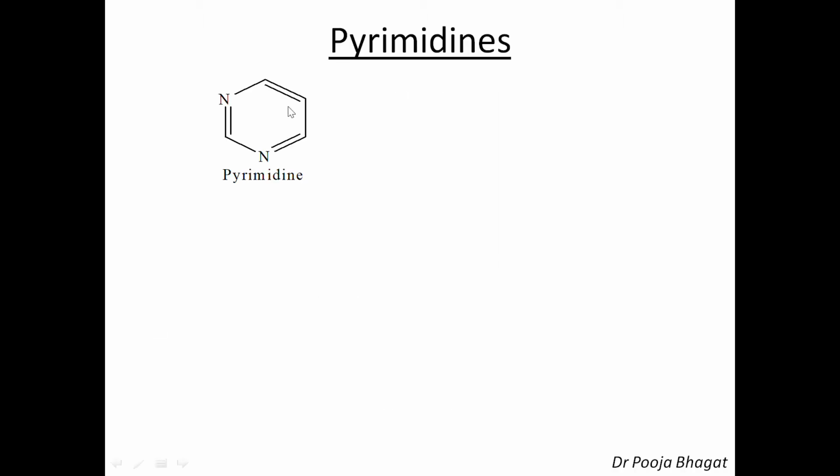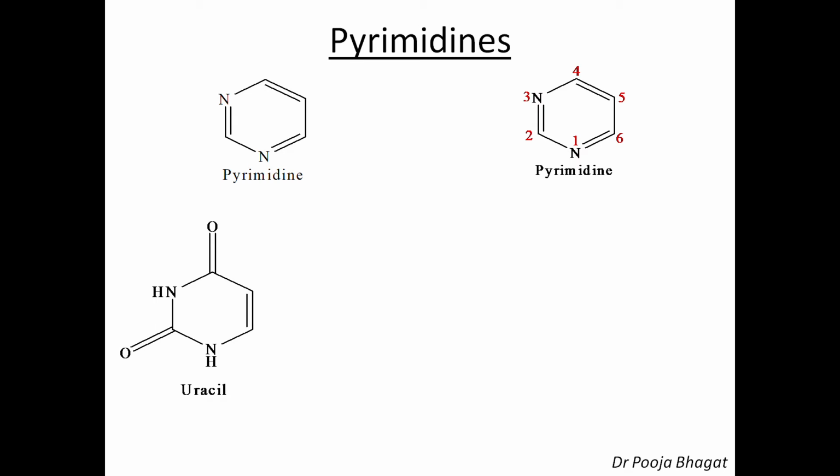First, what is pyrimidine? This is the pyrimidine ring. It is a six-member ring in which two of the carbon atoms are replaced by nitrogen. If we have to number it, this is the way you can number it. So it is 1, 2, 3, 4, 5, 6. So this is the pyrimidine ring and this is the way we can number it. Now let's see what are the various pyrimidines which are present in these nucleic acids RNA and DNA.